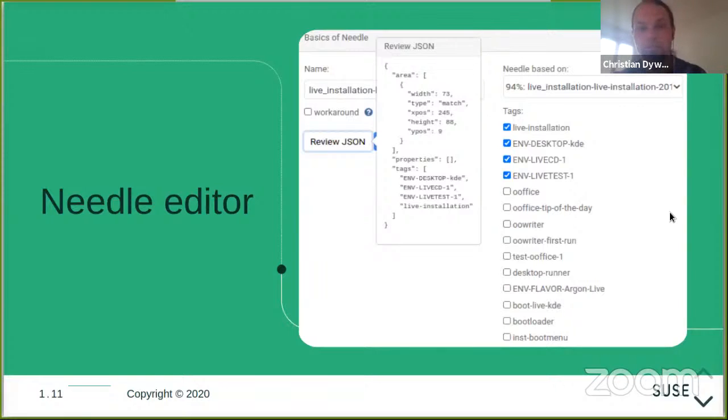So if one of these tags, such as live-installation, is found, you can use them in the test description to assert that a certain event or action has happened on the system.